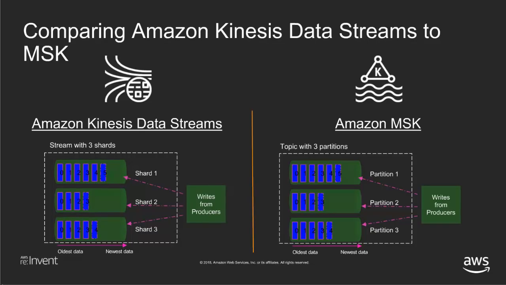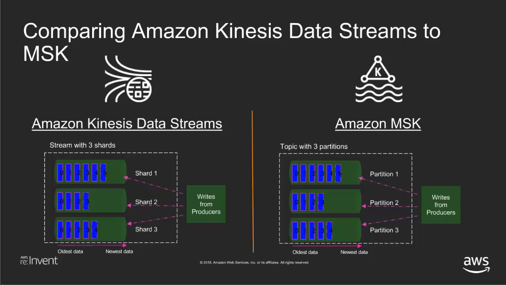This slide is designed to show you that the two technologies, Kinesis Data Streams and Kafka, are similar at the core of both. With Kinesis Data Streams, a stream is a logical grouping of shards, and each shard is effectively a commit or write-ahead log that allows you to write data to it. It is retained, and the data can be replayed in the order it was written. And the same with Kafka.